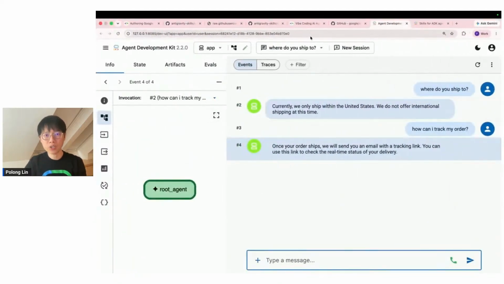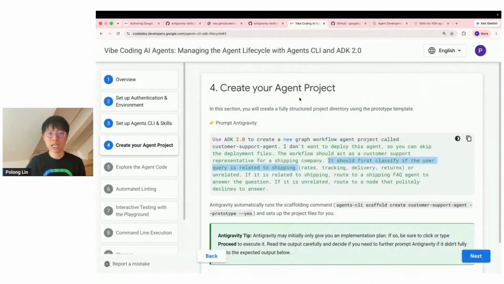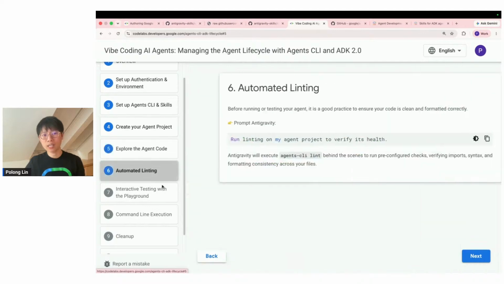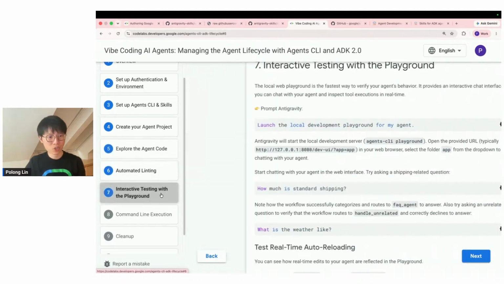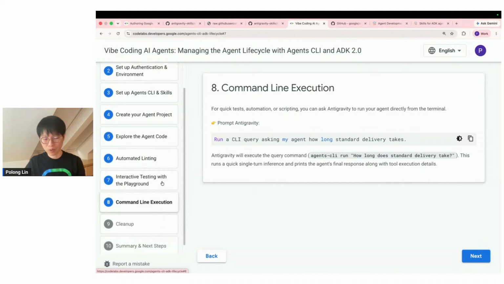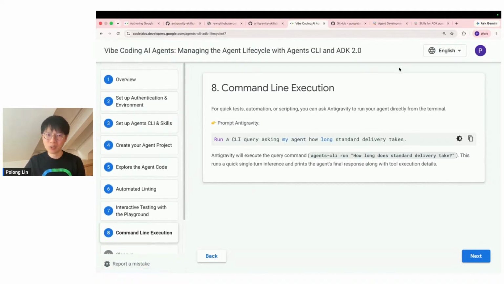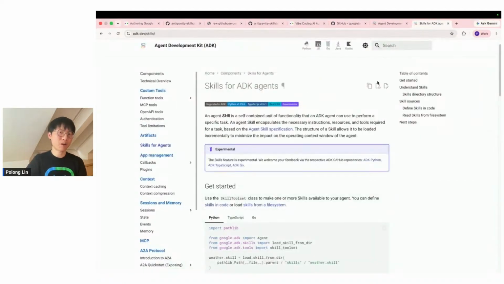So you see the end-to-end journey of building agents just through prompts using Agent CLI, including linting, testing, and command line execution as well. And then, of course, you can discover some more things that you could use with ADK. The skills that you'll be learning throughout these code labs, you can also serve inside the ADK agents themselves as well. So you have skills that you can use as part of Anti-Gravity, and you have skills that you can use within the agents as well. So you can think of how you could share skills when you're vibe coding. You could create skills and even create agents just to allow other people to use those skills. So those skills could be the same and common across different facets and different layers as well.